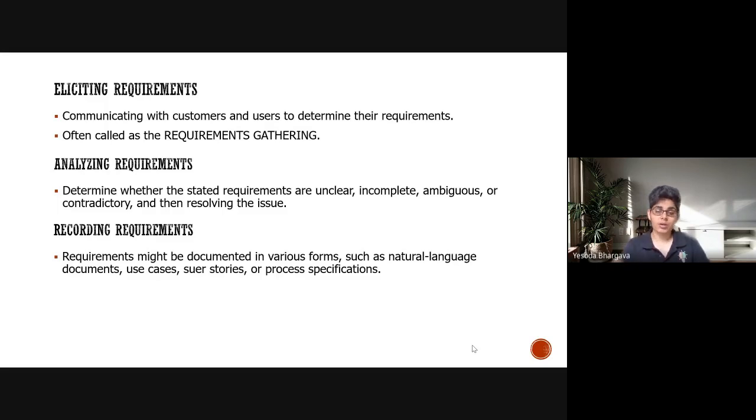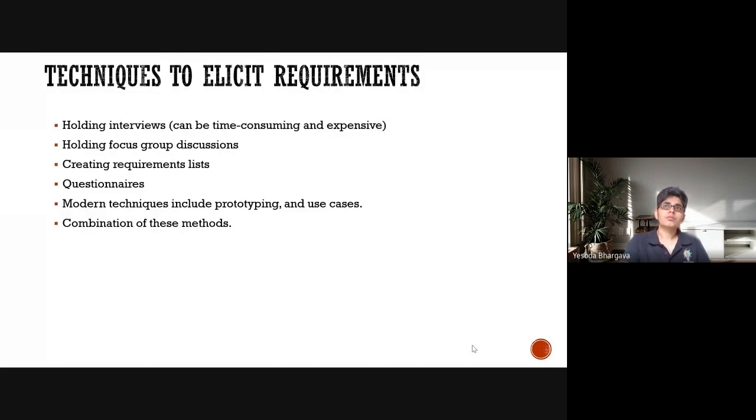There are a couple of techniques that are generally taken up to gather the requirements. Since you are operating in academic universities, you may be limited only to thinking and brainstorming among your team members. But when you are operating at a larger scale, holding interviews is definitely one of the ways in which you directly ask the people who you anticipate will be using your product and try to understand what their needs are directly.